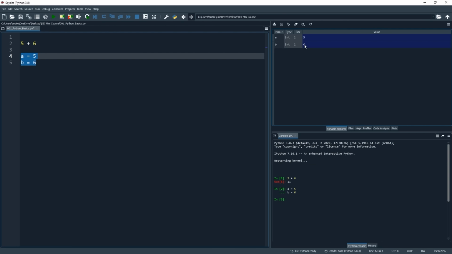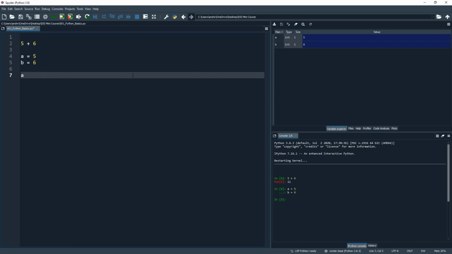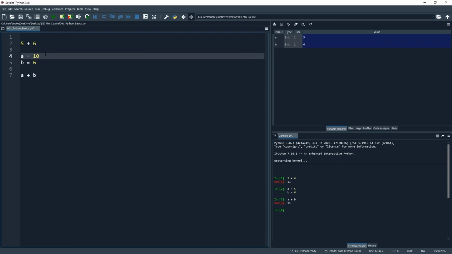And now we have those two objects created, we could use them further down our code in subsequent logic. So we could do something like A plus B, and if we run that, again we can see down here in the console that we are returned 11, but we've gone about this in a much more dynamic way. If the value of A changed for some reason, so let's change A equals 5 to A equals 10, then we could just rerun those three lines of code and it would give us the updated result. And this might not seem like much, but it is a very powerful concept.